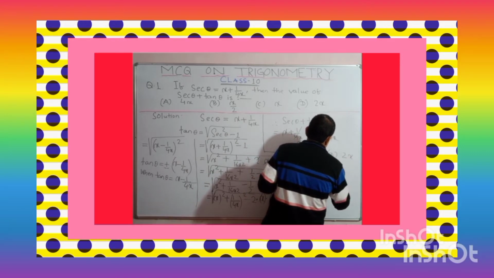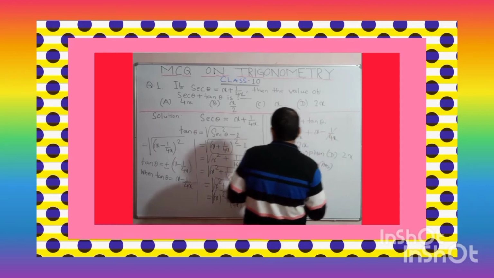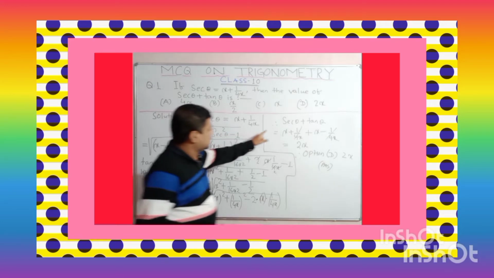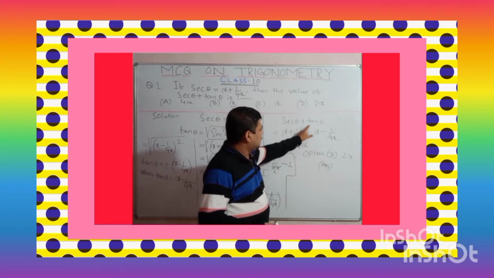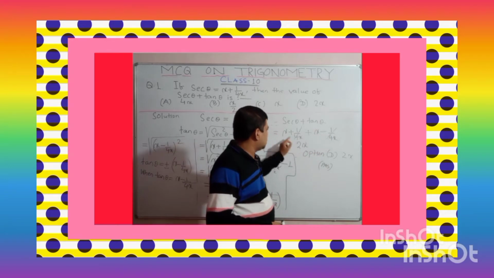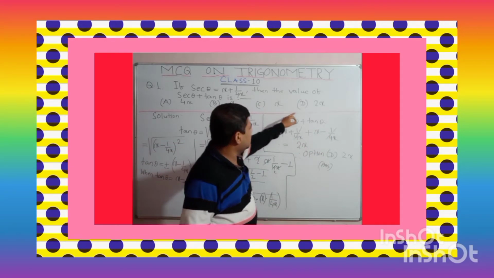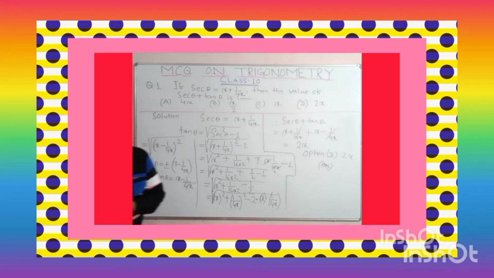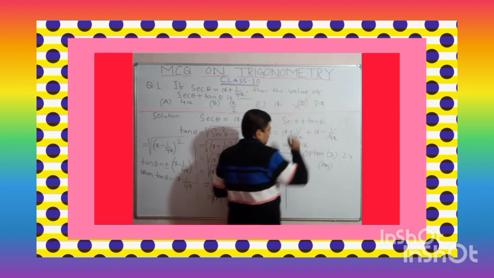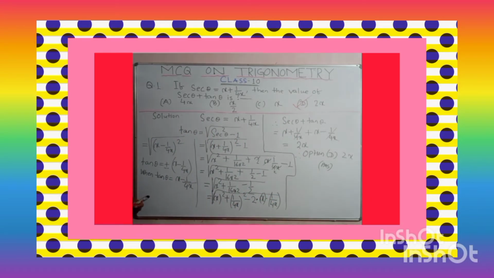Understand or not? Hence, we got the value of sec theta plus tan theta. No need to consider the negative value, because we already got the option here, 2x. So when tan theta is equal to x minus 1 by 4x, we are taking the positive value, and sec theta plus tan theta, where sec theta is given as x plus 1 by 4x and tan theta is x minus 1 upon 4x. So plus 1 by 4x and minus 1 by 4x will be cancelled, x plus x is 2x. Hence option D, we already got the answer. Is it clear, all of you? So which is the correct option? D is the correct option. Understand? Okay. Is it clear?